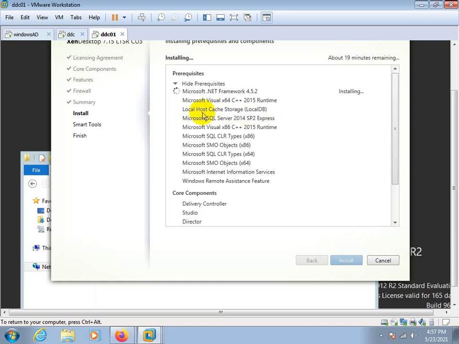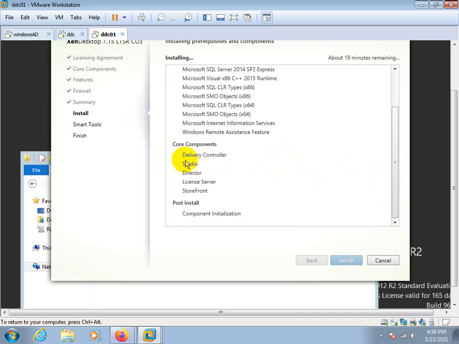Is it visible for you guys? Yes, yes, yes. So this is your LHC, which is only installed on the delivery controller. It's not installed on VDA or any other component. It's installed with the delivery controller only.